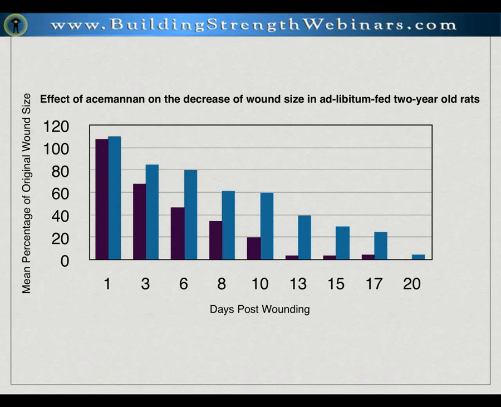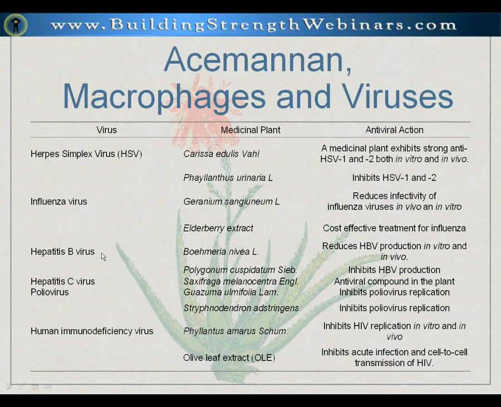Then Ace Mannan and viruses. We developed injectable Ace Mannan for Marek's disease, which is a herpes-induced viral lymphoma. And we were able to make USDA's vaccine work. They had an antigen, but they had tried muramyl dipeptide and the other immune stimulants to try to get 88% protection or more. And with one injection, we were able to get 88% protection or more. So they were very, very happy with that.